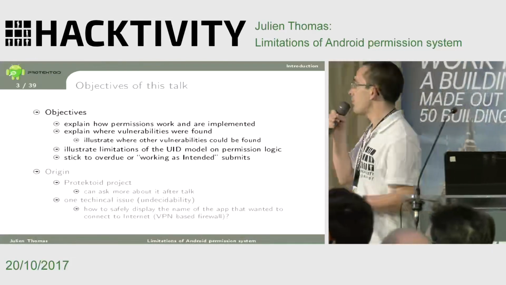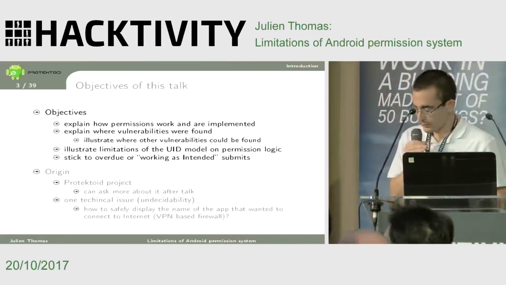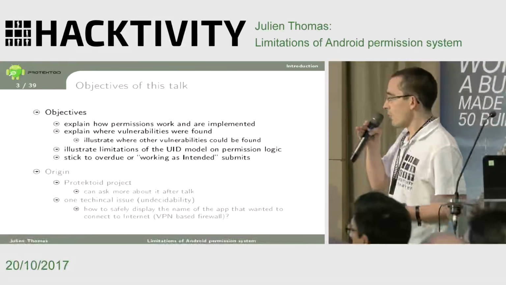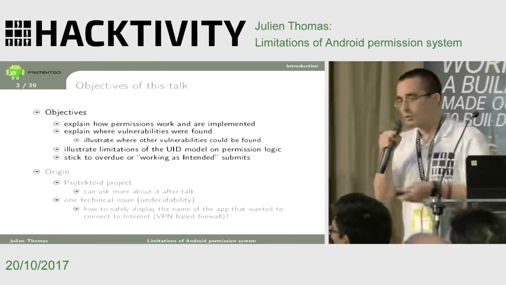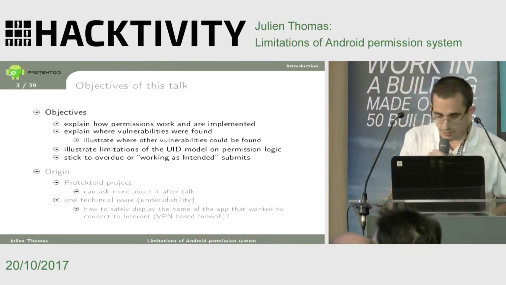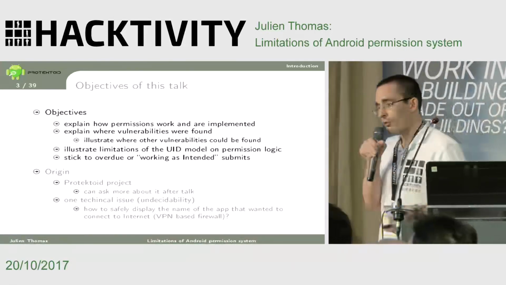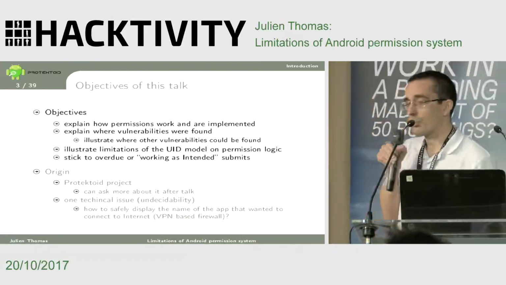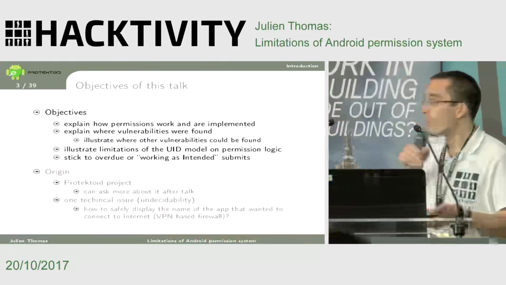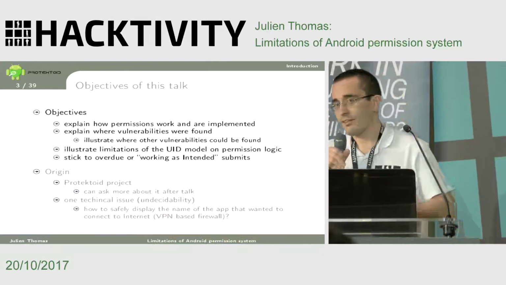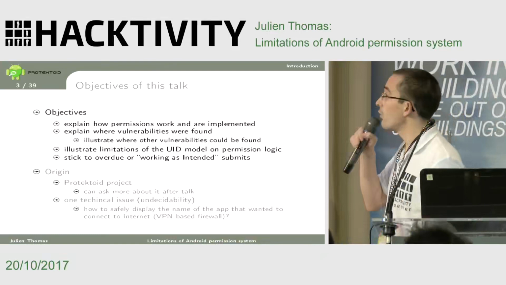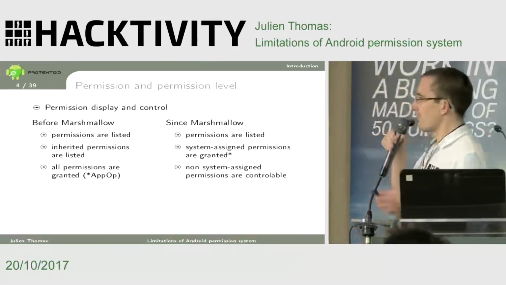Another note: as I said, we made this study on the Protectoid project. To explain where the study comes from, it was not a security problem at all. We wanted to provide a VPN at the software level of the project, and we hit a very big problem: the impossibility of saying which application wants to connect to the internet when one knows that a UID wants to connect to the internet. Based on this, we decided it would be good to understand why we cannot say which application, and then we looked at the UID and all the security limitations of the algorithm on Android. So that was the objective.